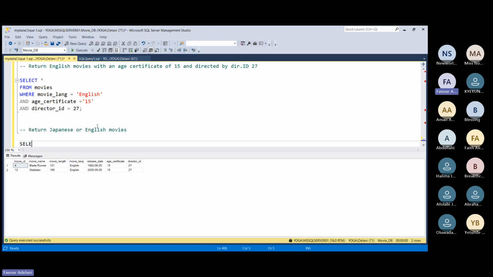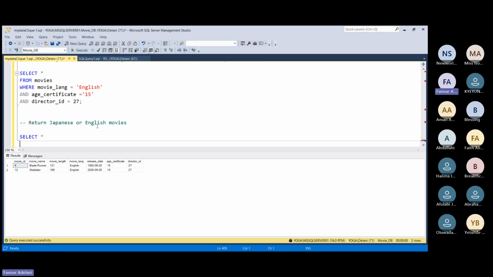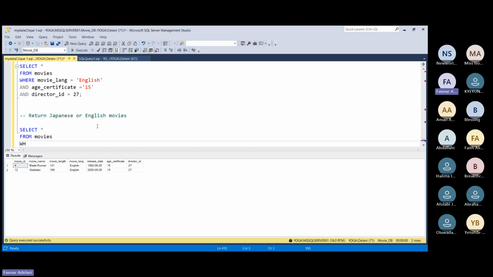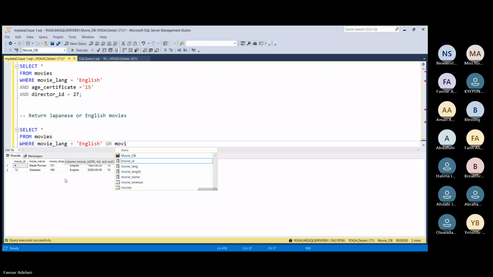we're just going to select all from the movies table where the movie language equals English. I'm going to write this on the same line just so we see that it works, or the movie language equals